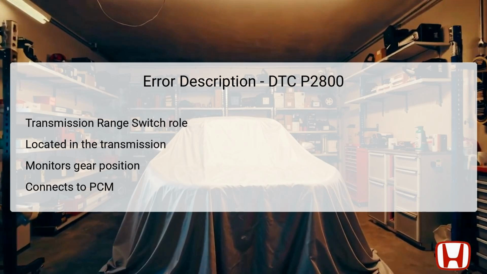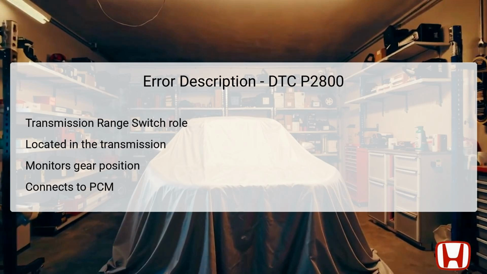Its main role is to monitor the position of the gear shift lever, providing necessary feedback to the powertrain control module, PCM. This switch ensures that the transmission operates correctly in various gears, including reverse, which is particularly pertinent when